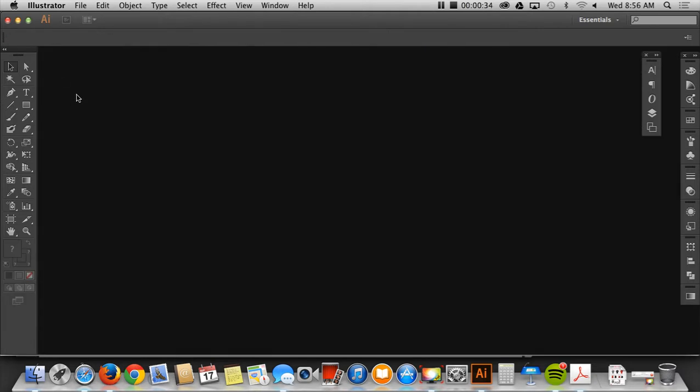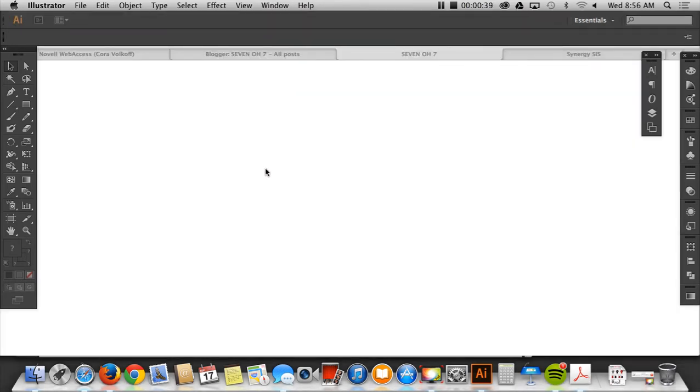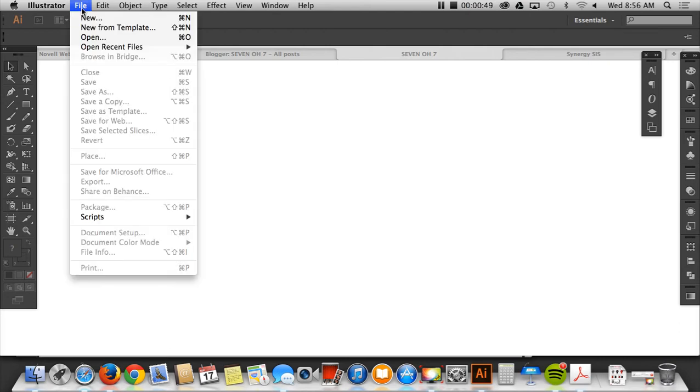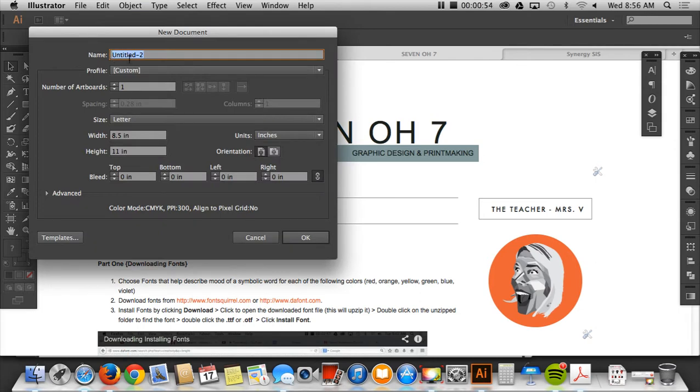When you open up your Illustrator, it's probably going to look like this. And a lot of people are like, there's nothing there. But there is, because you can see that it says Illustrator right here. So what you want to do is open File, New. Here, where it says name, you're going to put your last name, underscore type, underscore move. This might already say letter, it might not. You can put it to letter and make sure that this says inches, make sure that it's portrait, and click